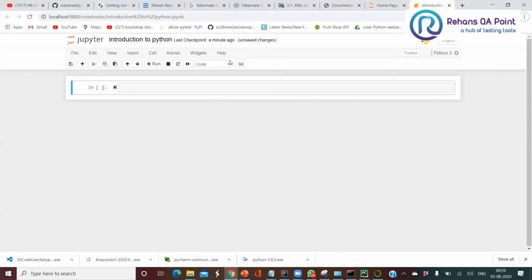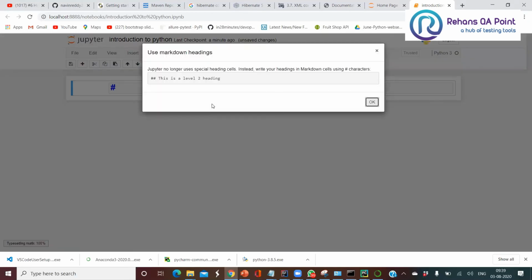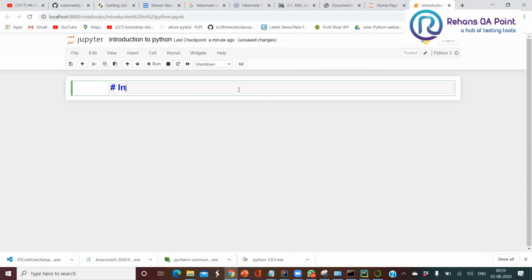So for doing that, we'll have different options available: heading, markdown, and code. If I'm going to give a heading, I'll give this one as Introduction to Python using Anaconda. So this will be very easy for the user. If I give this workbook to you, you can understand what I have taught in the class. That will be available on the same page. While watching the video, you can understand the notes easily. You can practice easily.